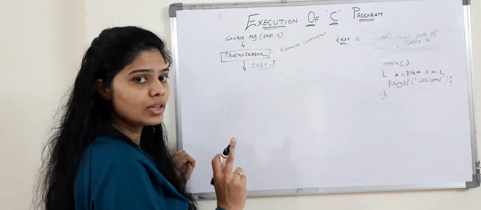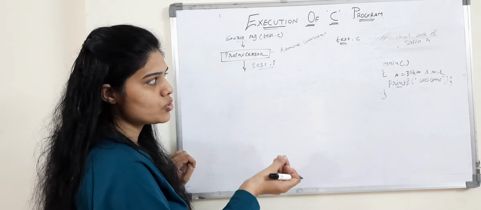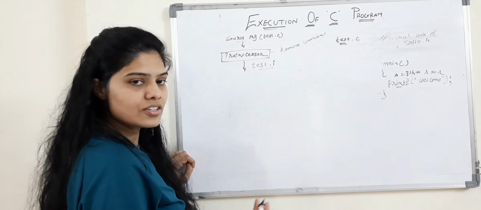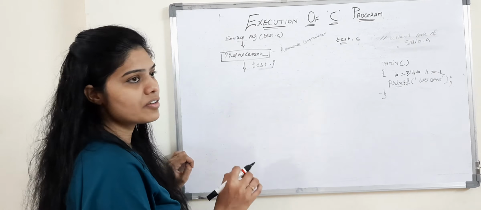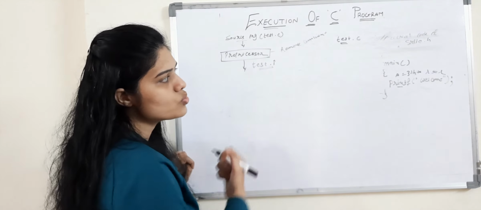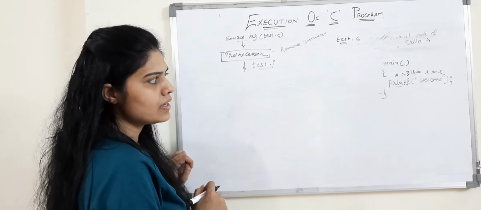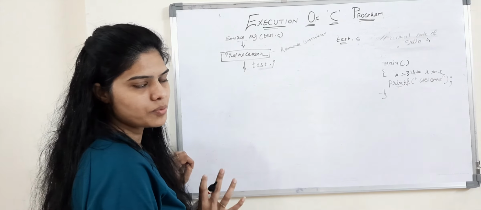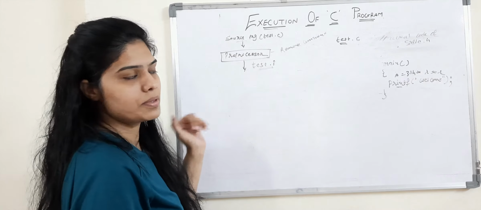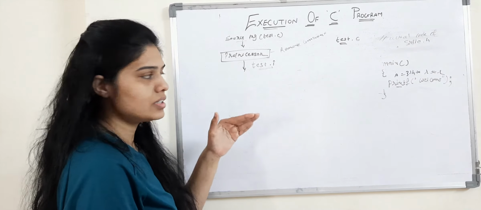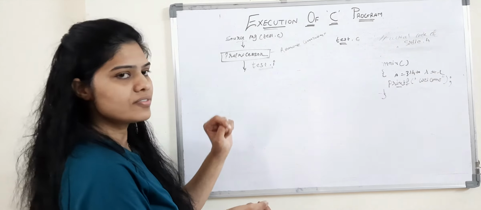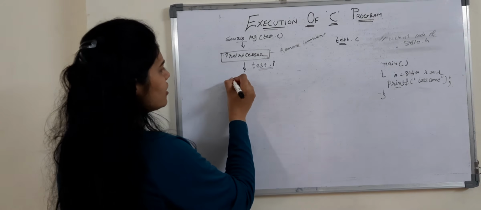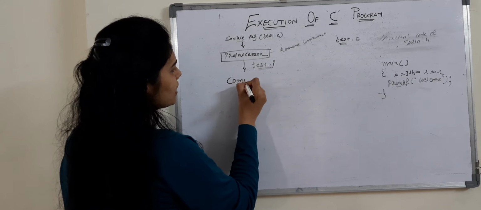It will also replace all the include statements, which we have used just to include header files, with the actual code of those header files. Next, it will also replace all the defined constants, like the one we used for pi, so pi will be replaced with the actual value of pi. This is the task of the preprocessor. It generates expanded code from the source code, and after that we get one file, the name of the file is test.i. Now this file test.i will be taken as input for the compiler.